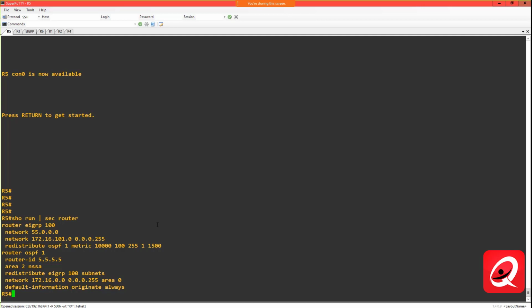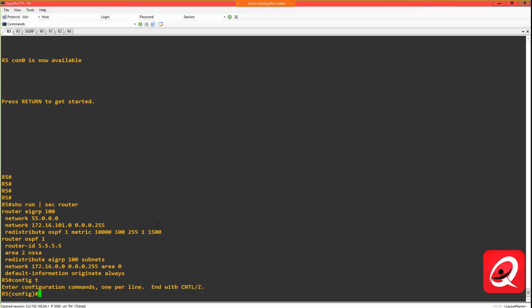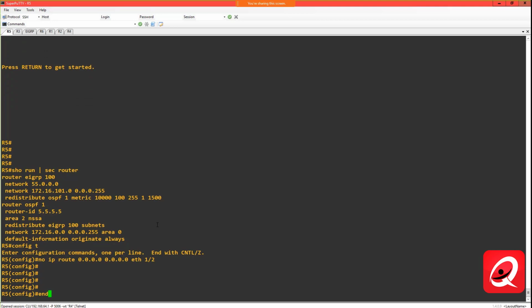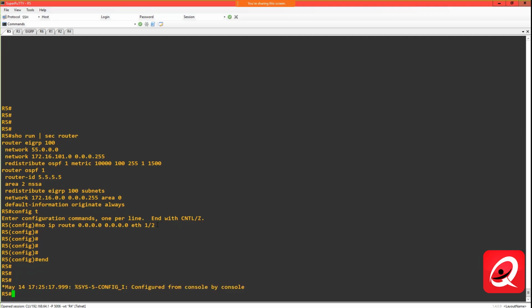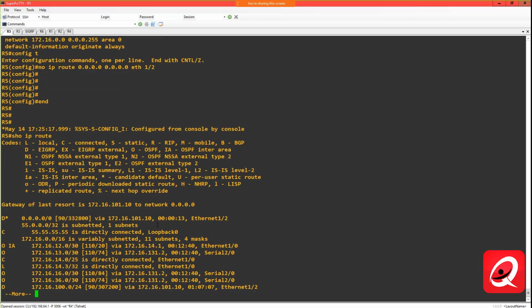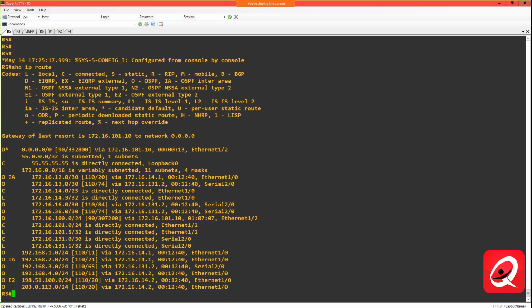Let me do one more thing. I have an idea. I don't know if it's going to work or not, but let's give it a shot. Let's do a no IP route 0.0.0.0. You guys understand why the static route obviously is not going to work, because first of all, it's not part of EIGRP. So the redistribution command with the subnets keyword on EIGRP is irrelevant. Now let me see if I'm even getting a default route from the other router. I am, okay? So I am getting a default route from the other router because it's advertising that aggregate